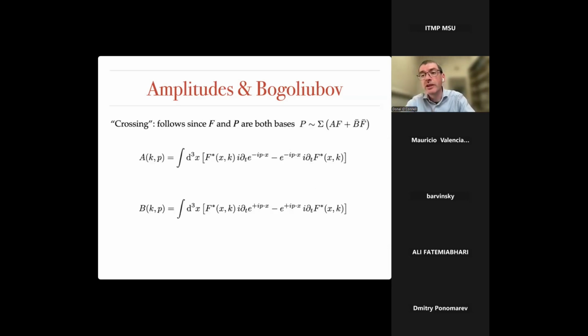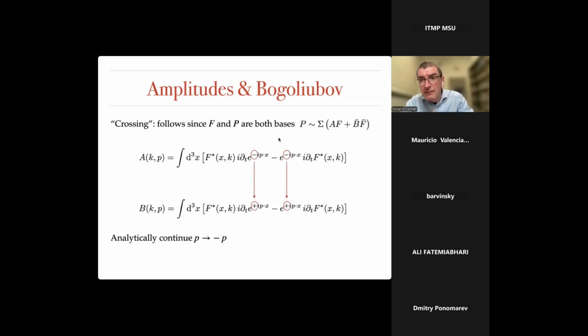But there's another simplification which is very convenient from my perspective as somebody thinking about classical scattering processes. And that's a sort of crossing that follows from a relation between the bases in the future and the past. Essentially, this just follows by taking an inner product, the Klein-Gordon inner product between the P and F bases. One can then write the Bogoliubov coefficients. I've written them here in terms of F's and the P in the far past, where the P's just become plane waves. So this is the expression for A.